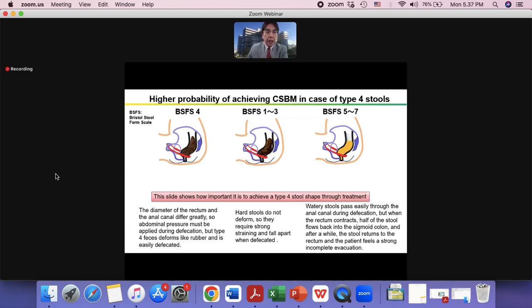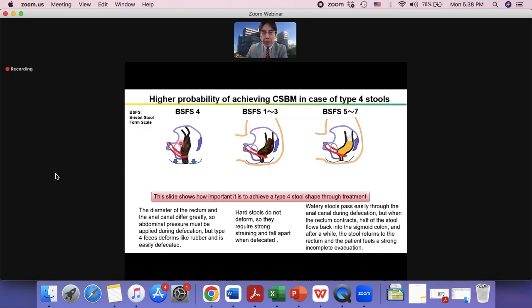As you can see, when type 4 stool is in the rectum at defecation, the diameter of the rectum and the anal canal differ greatly, so abdominal pressure must be applied during defecation. But type 4 stool deforms like a lovable